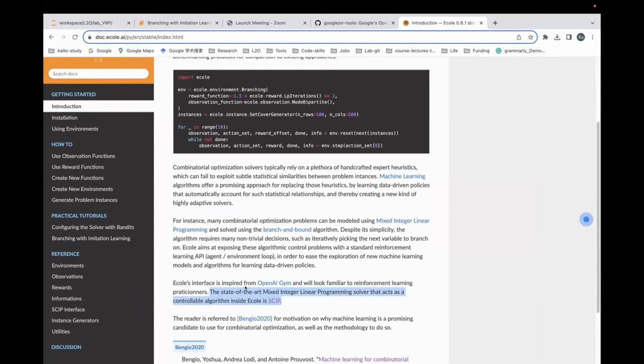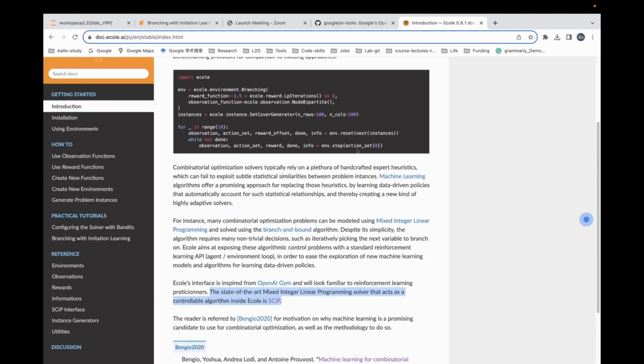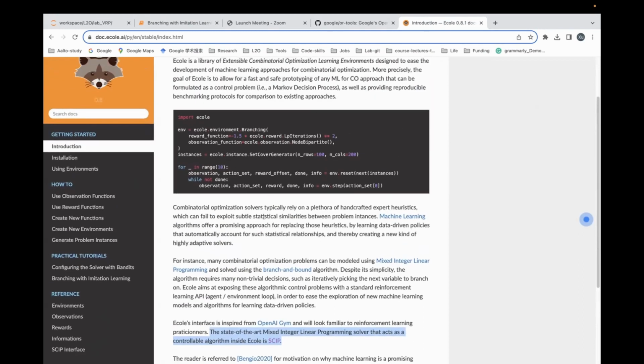So the first instinct is to evaluate this model, implement this model here, and try another approach for the vehicle routing problem using this library.